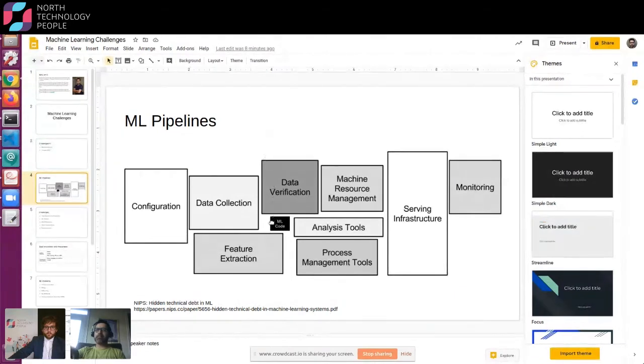You can see that the box size for ML code is very small. The box size represents the time and effort that companies spend on that specific task, and the color represents the complexity of that task. Usually we say that developing an ML model is the most complicated task for deep learning, machine learning, or AI. But in reality, companies usually spend 5% of their total ML efforts on model development. The rest of the efforts and budgets go to different areas of ML and AI.